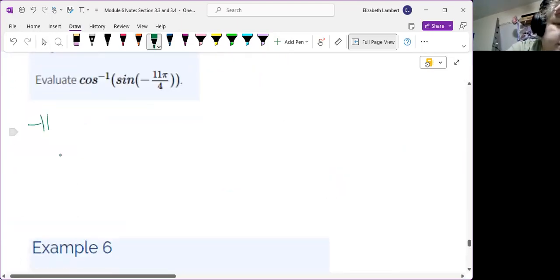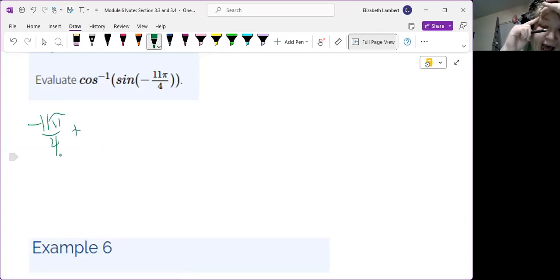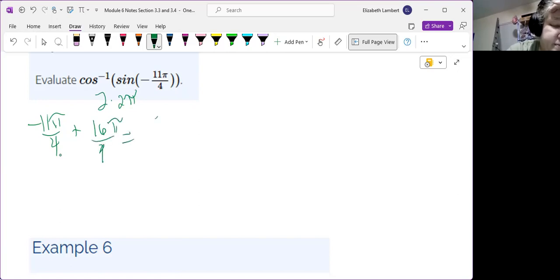So negative 11 pi over 4 plus 2 pi is negative 3 pi over 4. So I'm going to add 2 times 2 pi, which is 16 pi over 4. All right, so we get 5 pi over 4 is our actual angle that we're talking about here,